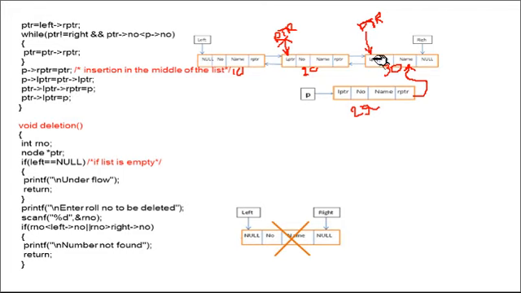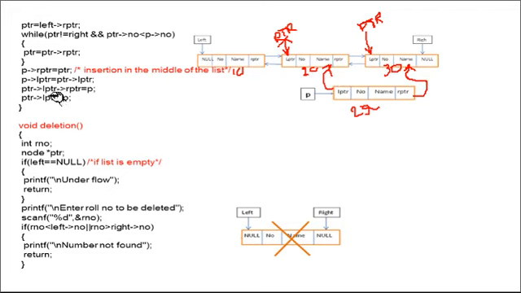Initially this pointer ptr of lptr is pointing to the previous node, this one. So we have created two links: this is the backward link and this is the forward link.